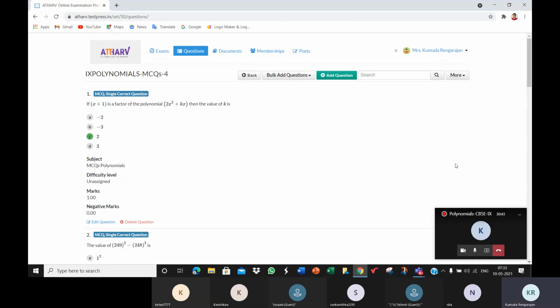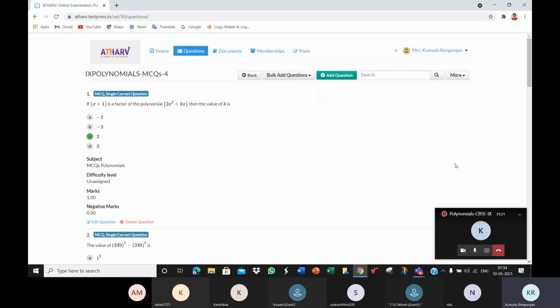Let's discuss the answers to the 3 tests which we took up yesterday. Look at the first question. Yesterday, the paper which I had prepared based on the links, I was not able to upload in the portal. There was some error. That was the reason why I scheduled 3 different tests for you. But nevertheless, they were well within the portions, meaning you have seen them earlier, in the earlier lesson plans. Now that you are introduced to the entire chapter polynomials, it shouldn't have been difficult for you.